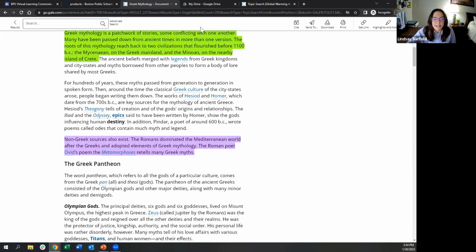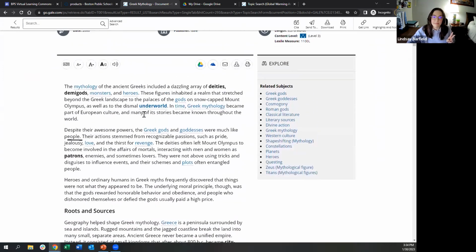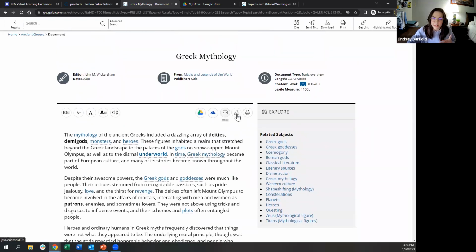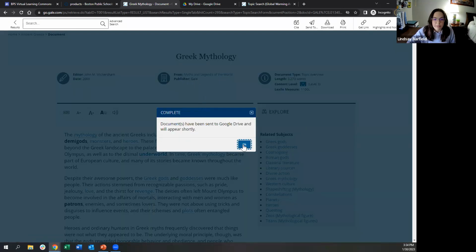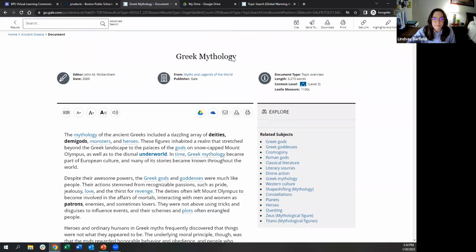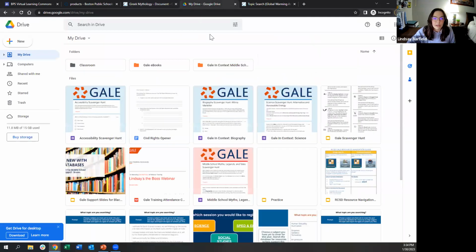All right, so once they have these highlights and notes done, they've read through the whole article, they like it, they have what they want to save, they have two different options. They can either save the entire text with their highlights and notes right here at the top, our saving options again, so they can save it to their drive, email it, download it, print it from the library, whatever they may want to do. I'm going to save to my Google Drive. You'll see that it's going to appear there shortly. And once I go to my Google Drive,